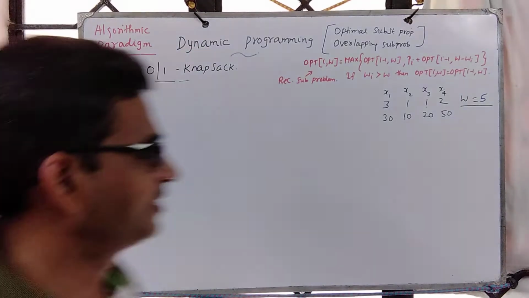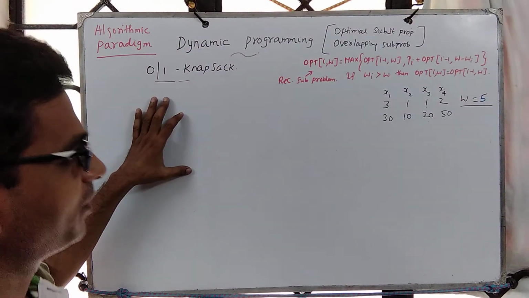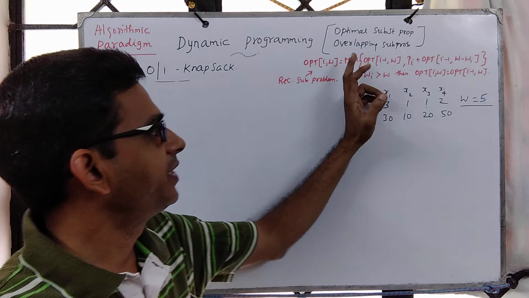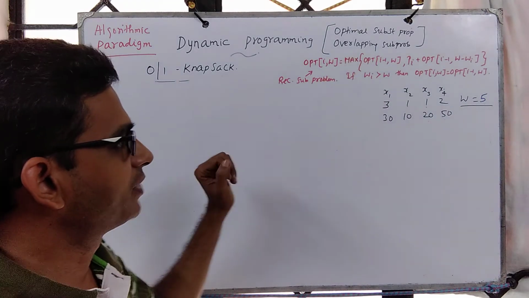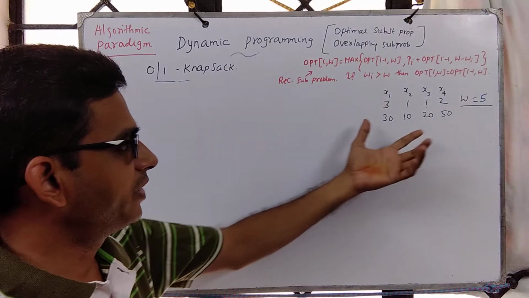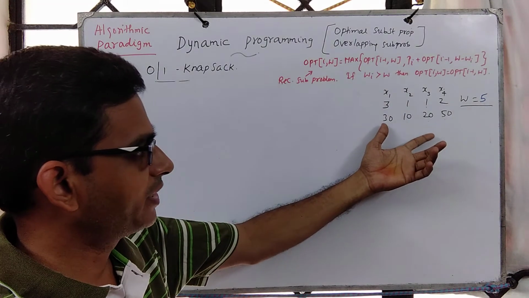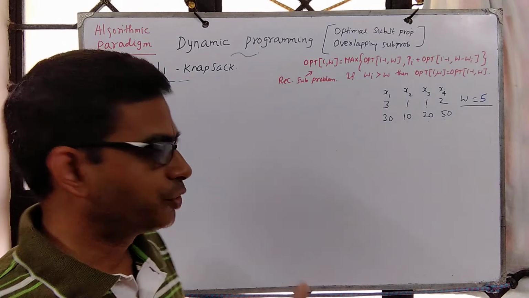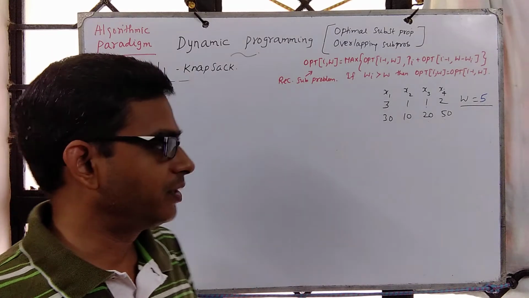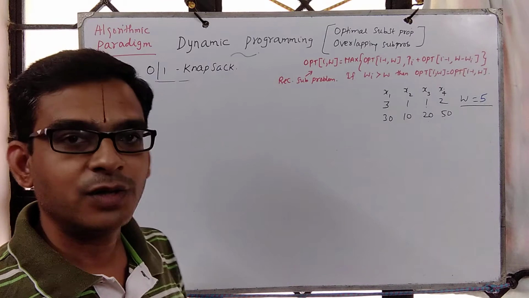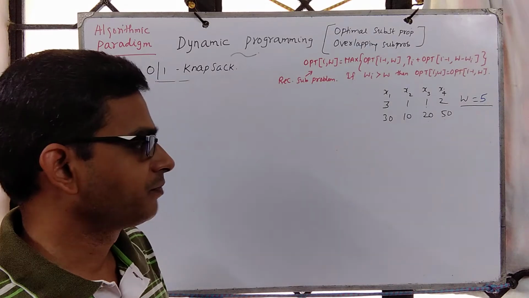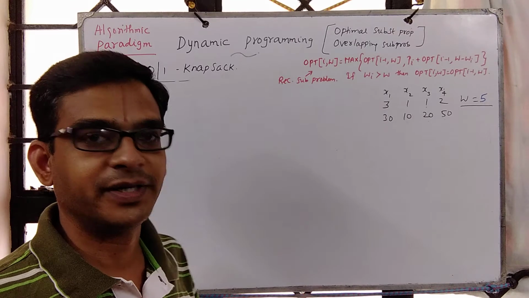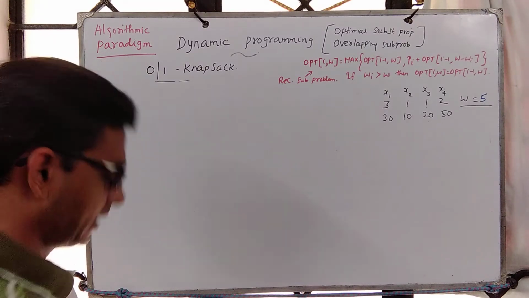We shall continue our discussion on 0-1 knapsack problem. Having seen optimal substructure property and overlapping subproblem, we shall now trace 0-1 knapsack for this example, and I will show you how to construct the table in a bottom-up fashion. What would be the size of this table, and is the DP solution running in polynomial time? So these questions we shall address now.